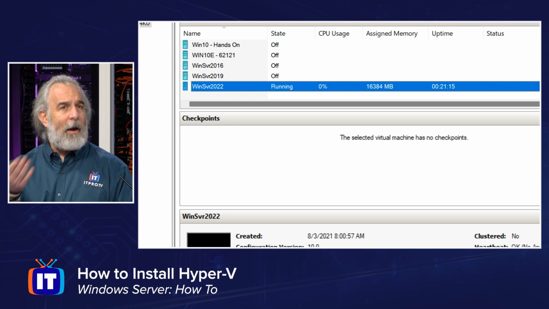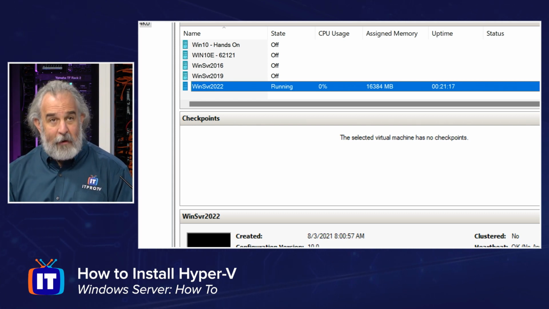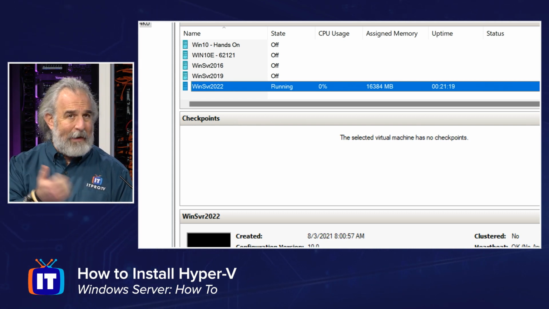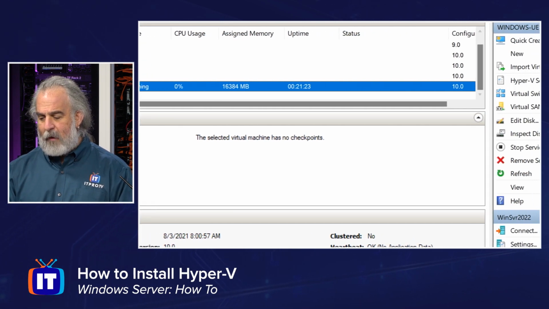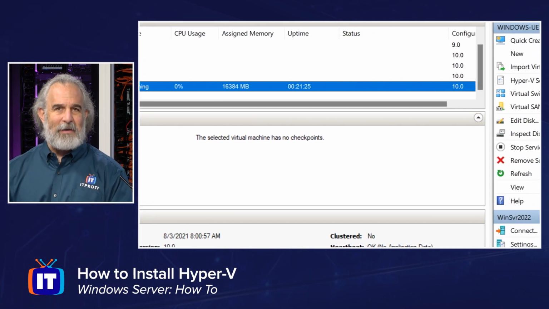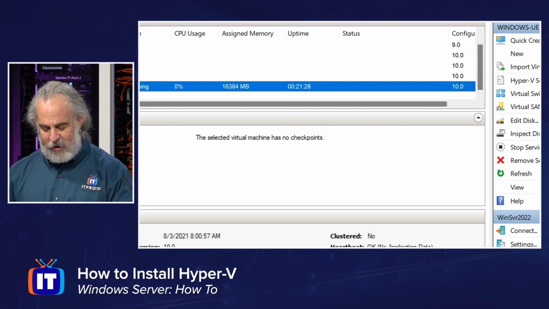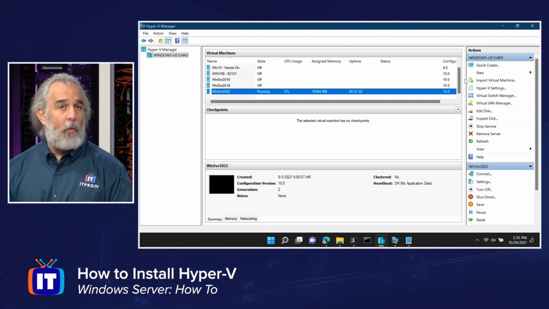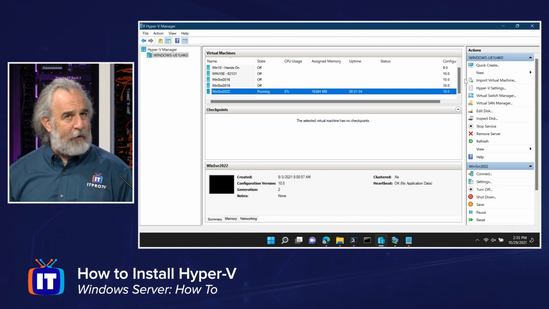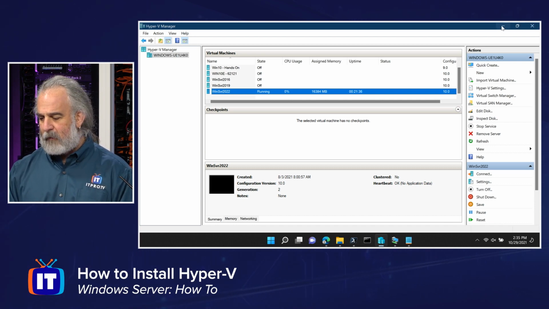It's running, and I have it up and running. I simply grab the name of that VM, and I insert it into my PowerShell commandlet. Now, this VM is a VM of configuration type version 10.0, the newest virtualization capabilities that are supported in Hyper-V. And so I have what I need with this virtual machine. It's already got an operating system installed and configured.